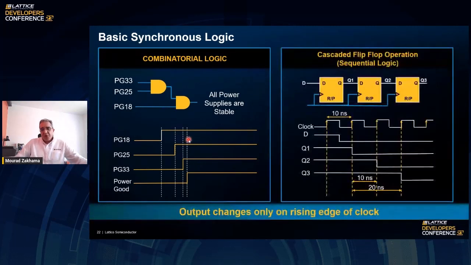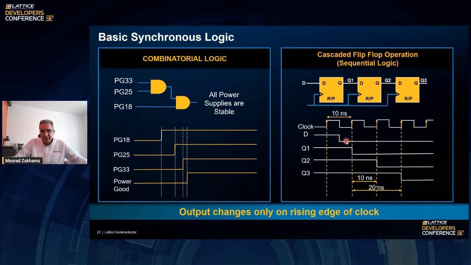And in order to have a synchronized sequential logic, we have some cascaded flip-flops that we could use for predictable delays. So we know that these flip-flops will operate at 100 megahertz. So that's a 10 nanosecond delay. And you can see if your D input, which will be the output of all this combinatorial logic, is going low, for instance,